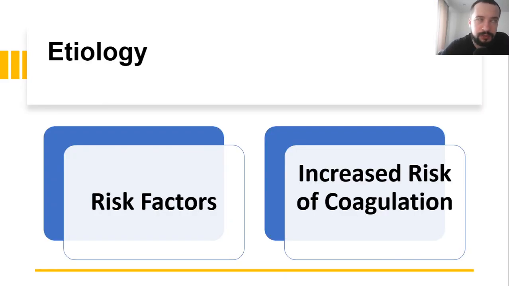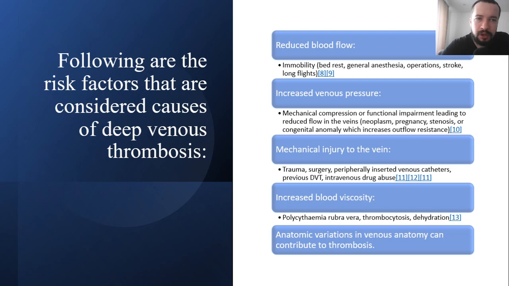Etiology. We have talking there of risk factors and increased risk of coagulation. Following are the risk factors that are considered causes of deep vein thrombosis: reduced blood flow, immobility, bed rest, general anesthesia, operation, stroke, long flights, increased venous pressure, mechanical compression, or functional impairment, leading to reduced flow in the veins, neoplasm, pregnancy, stenosis, or congenital anomaly which increase outflow resistance, mechanical injury to the vein, trauma, surgery, peripheral inserted venous catheters, previous DVT, intravenous drug abuse,